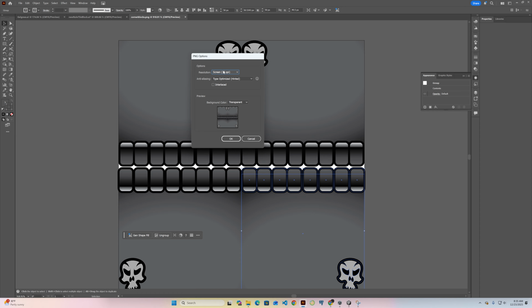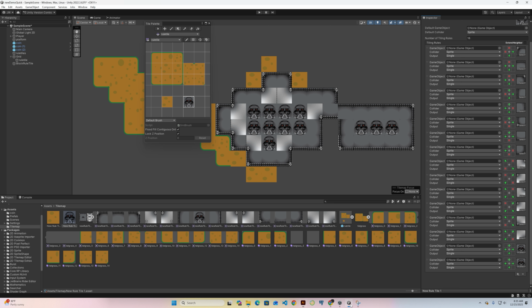This is tempting to save it for better resolution. However, it does change the size, so your 50 by 50 won't work for the auto cutting and stuff. So I leave it at 72, and make sure you keep that transparency. Okay,